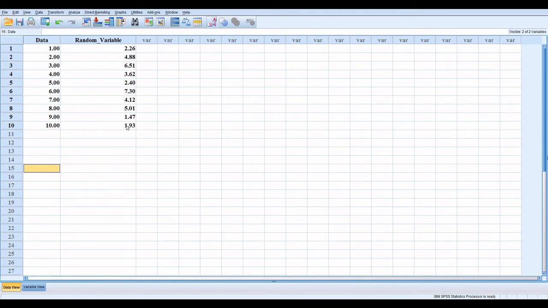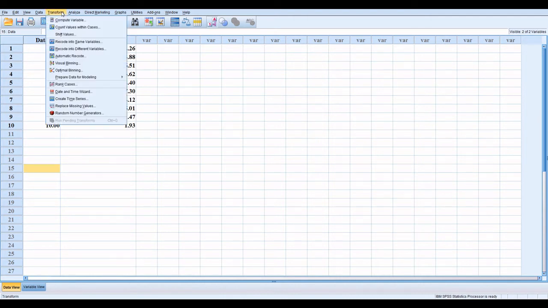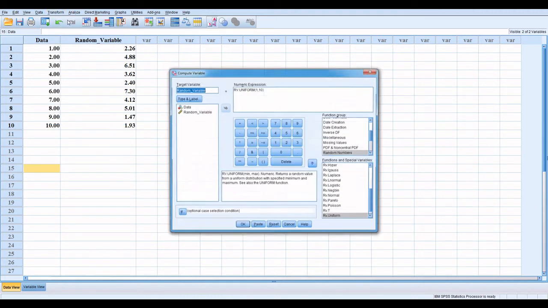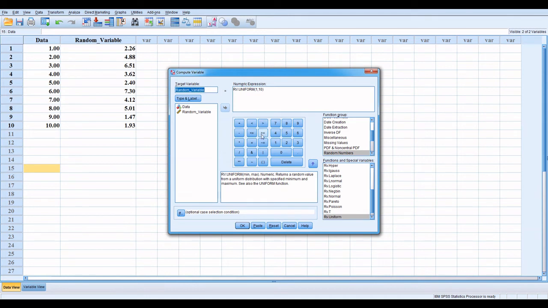If you want your random variables in whole numbers, then go to transform, click in compute variable at first number. Here go to function group, click on all.